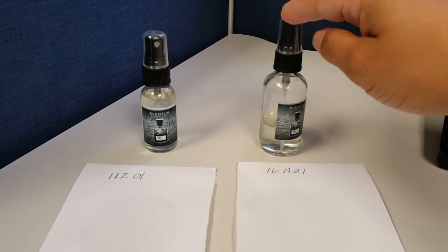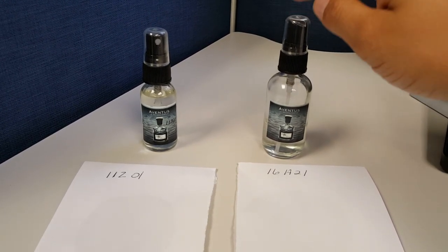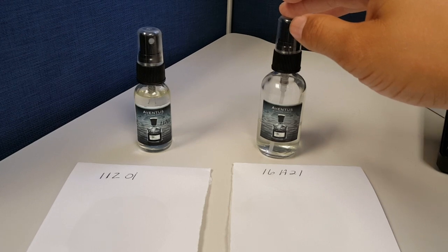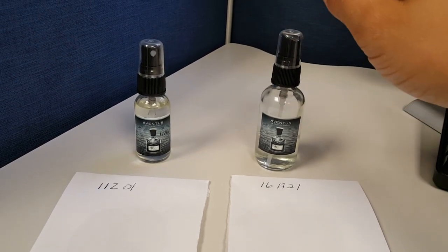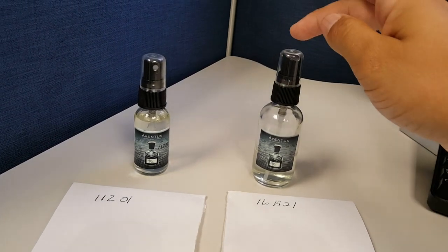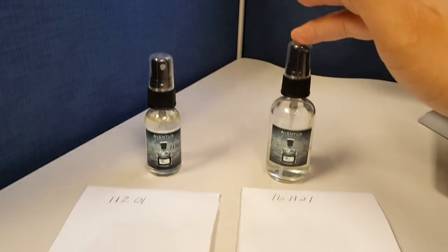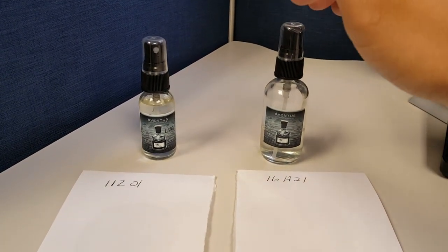Got plenty of wearing time with the 16A21, and in my opinion, I considered it to lean more on the pineapple-y side, with average performance and longevity. To me, the 16A21 easily got me anywhere from, I'd say, 6 to 7, 8 hours max as far as performance goes, with average projection. Now,